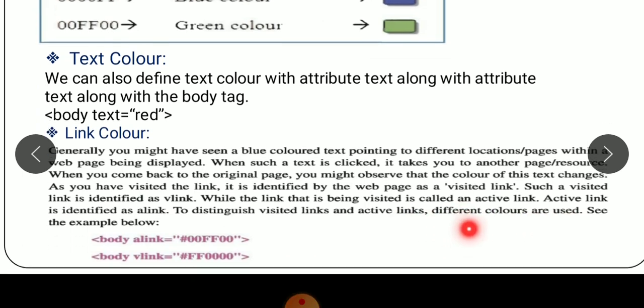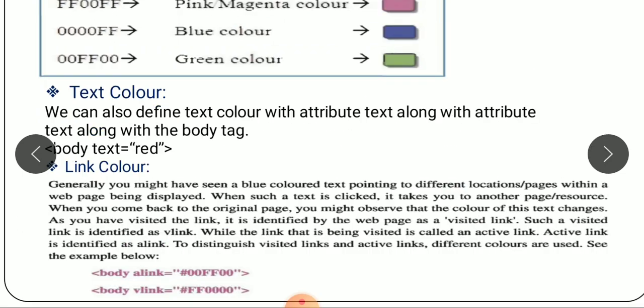For example, here body alink is equal to 00FF00. So here your link color will display in green, because 00FF00 is the code of green color. Now body vlink is equal to FF0000.